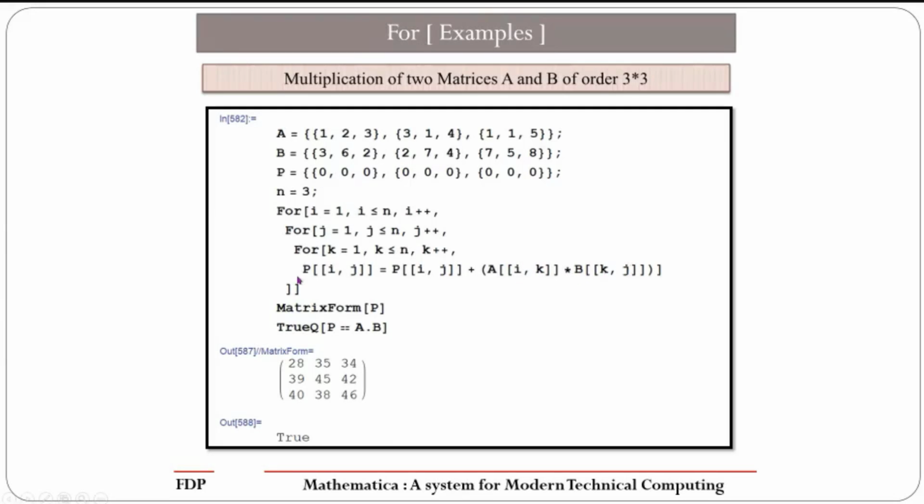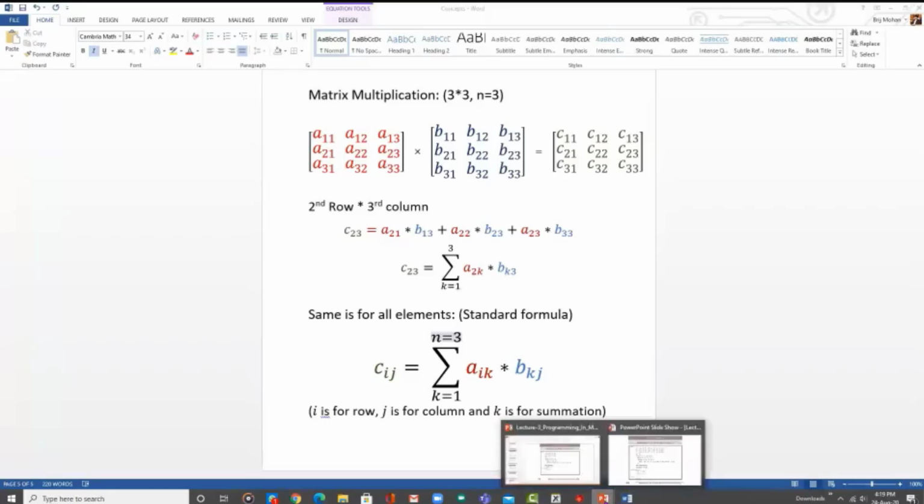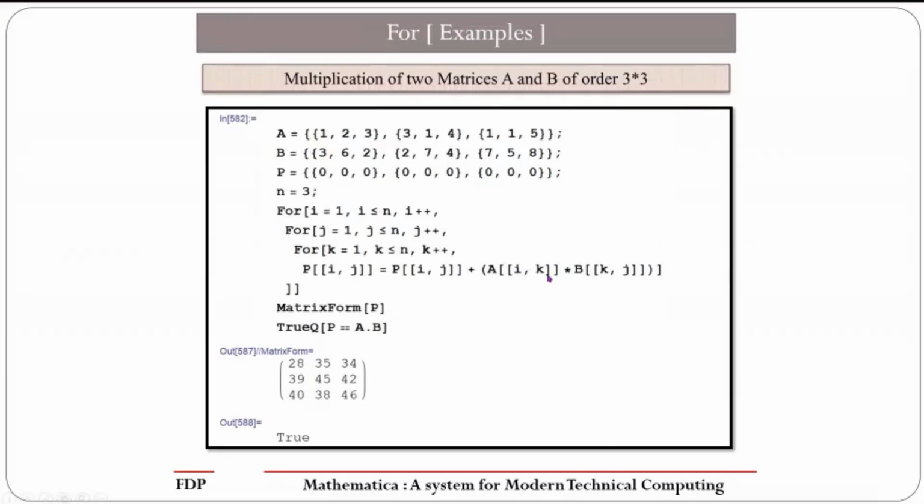समीशन वाला फॉर्मूला लगाया है। और जो हम यहाँ पर देखें वर्ड डॉक्यूमेंट में C[i][j] क्या है हमारा, समीशन ऑफ A[i][k] * B[k][j]। देखिए कोड में भी बिल्कुल सेम आपको दिखेगा, A[i][k] * B[k][j], और 2 टाइम्स स्क्वायर ब्रैकेट लगाना। जैसे मैंने अभी आपको बताया कि जब भी आप लिस्ट के एलिमेंट को एक्सेस करना चाहते हैं then you have to use 2 times square bracket, and row and column जो भी उसका एलिमेंट की पोजीशन है वो कॉमा के साथ दे सकते हैं। अगर 2 डायमेंशनल है, 1 डायमेंशनल है तो सीधा i आप लिखेंगे जैसे पीछे के केस में था।